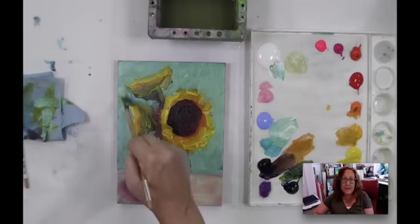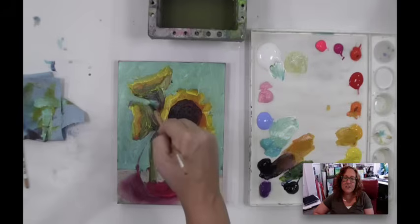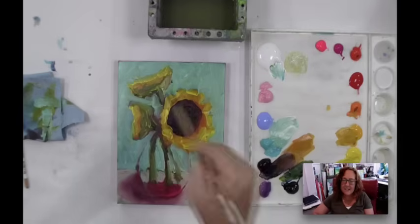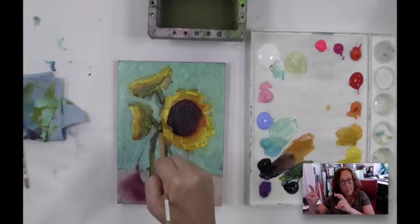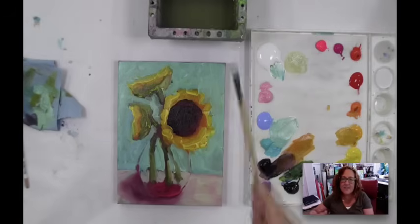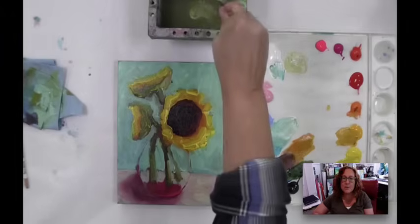This is only an 8x10. It's large enough to really do a nice image, but it's also small enough that if I needed to repaint something, it doesn't take me a long time. If I were doing a large 6-foot painting, if I made a whoopsie, I'd have to repaint the background of a large piece. So I would say take some liberties and make a mess because these are such doable size pieces